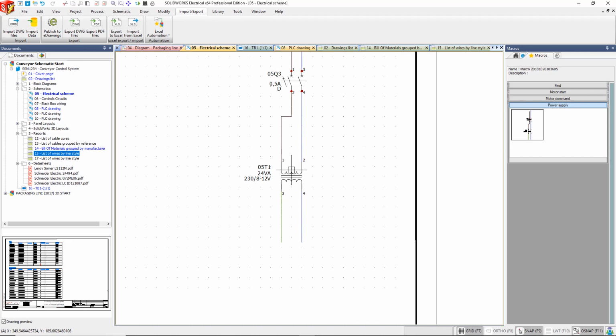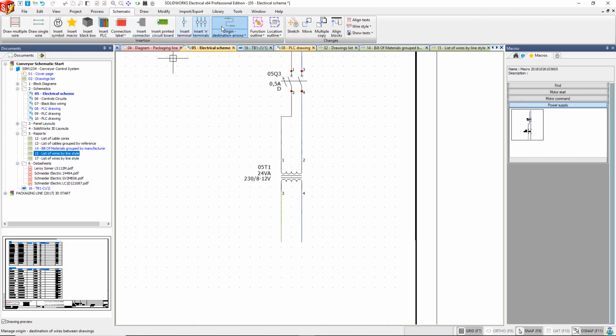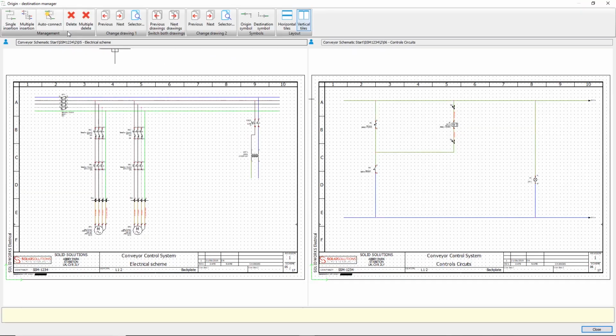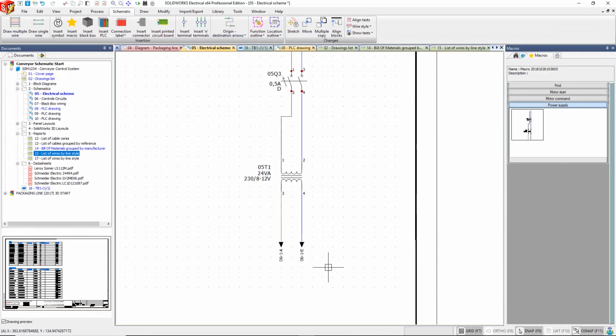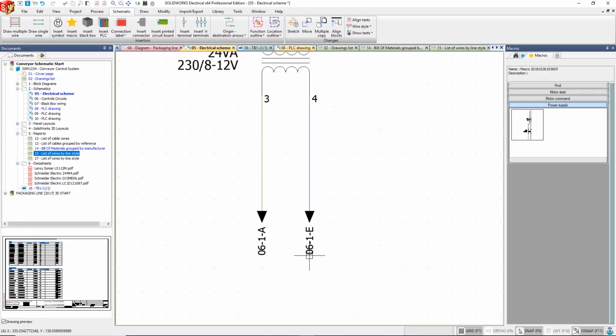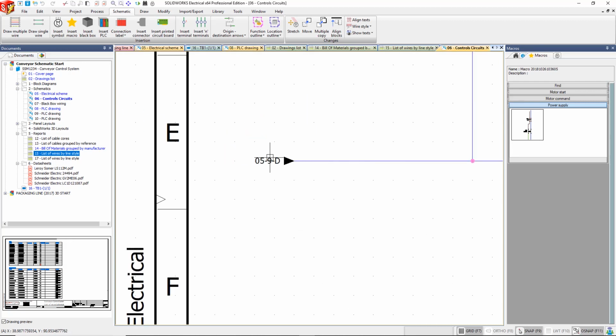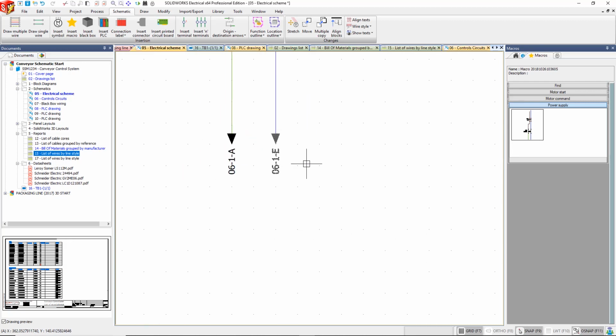We can also link across sheets, as I showed you on that PDF. We've got a tool whereby we can actually click onto one of the wires, click onto a second sheet, and we get the connectivity coming through throughout the project. These have a formula applied automatically, showing sheet, column, and row. They're bidirectional and can be clicked onto to show where the connections are going from and to.